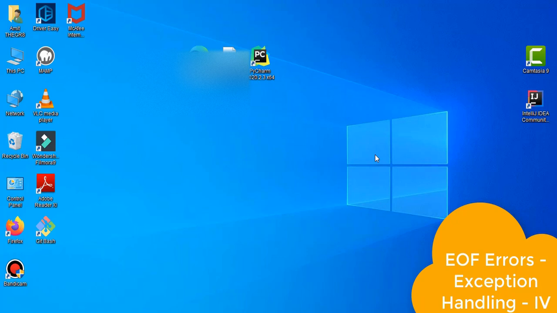Now in a very simple way, suppose you are working on a question which asks to check whether a string is a palindrome or not, and you haven't provided the input there, and you have asked for input from the user. So basically this EOF error occurs in such cases.